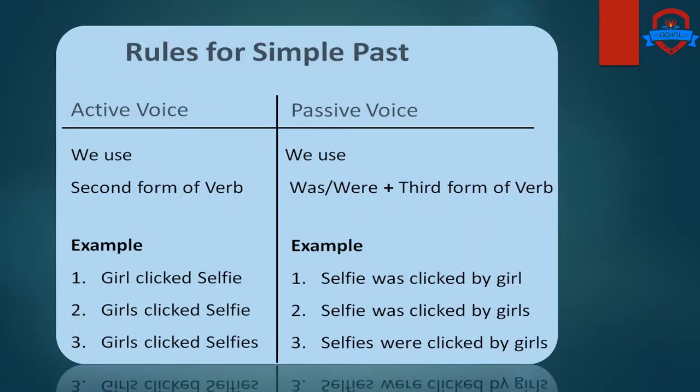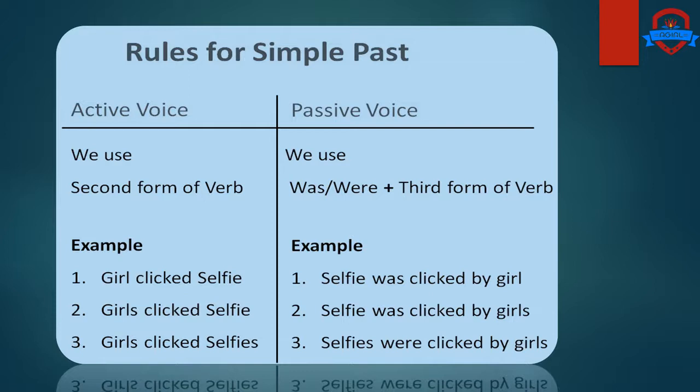We studied before how to make a sentence in present simple passive, and now it's time to learn how to make a similar one, but in the past simple tense. Here you can see on the left the active voice. We use second form of the verb. On the right, you can see the passive voice. We use was or were plus third form of the verb or past participle. Was or were. Was if it's singular noun, were if it is